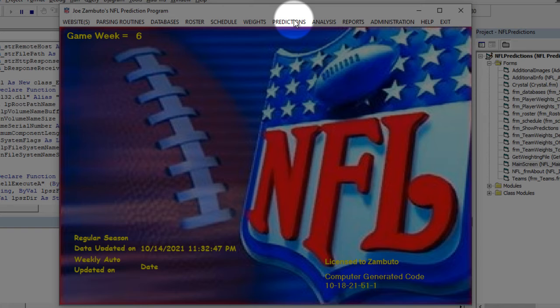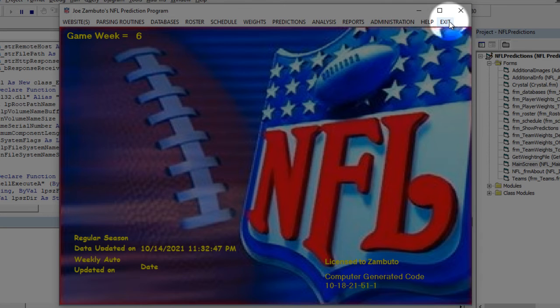So you can see on this main screen, your licensing is down here. It's licensed to, and of course, this is myself. There's a computer-generated code. It's 5 digits. The first number is the rev number, so we're at 1.0. And there's a couple other things on the screen, but we'll talk about those more as we discuss those particular items. What I wanted to show you here is just the main pull-down